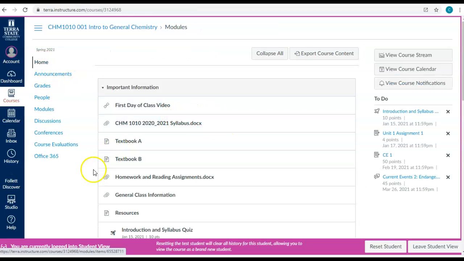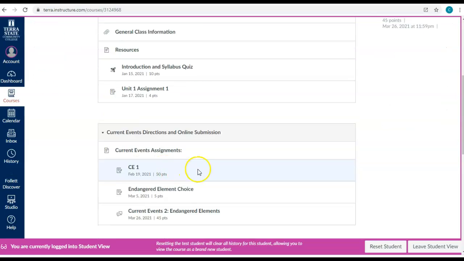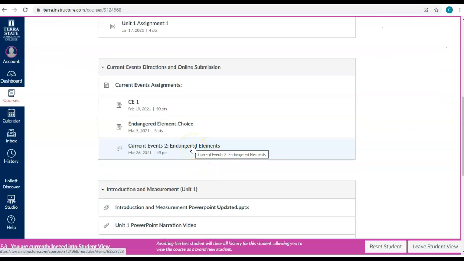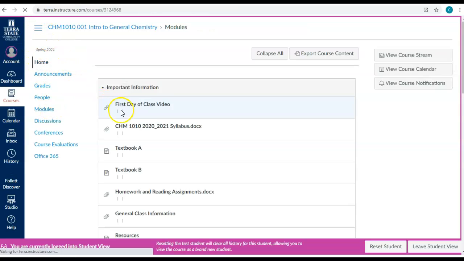Do not begin your current events discussion until I approve your element. The reason I need to approve it is that everyone in the class will have to choose a different element. Then once I've approved your element, this assignment is going to be done as a discussion. The discussion is actually locked until February 1st, but we can still see what it's going to look like